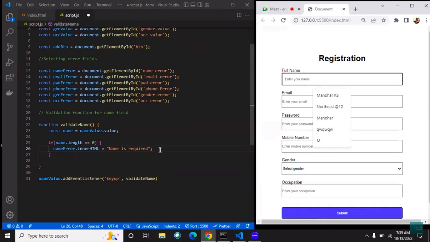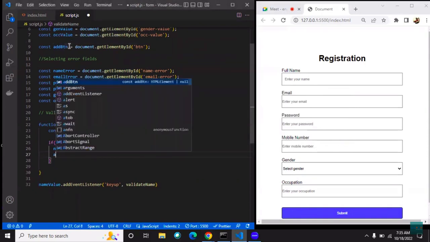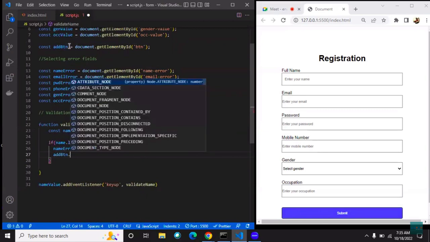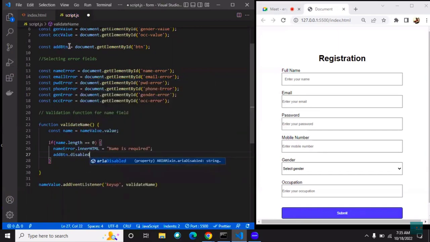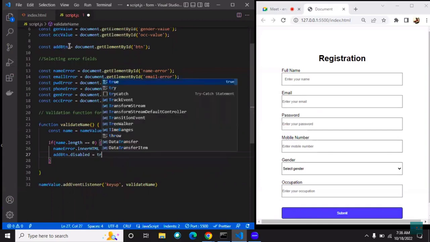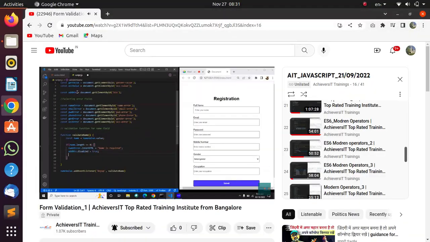So inside this if block, I will try to disable the button. I have made a selection for the button. Now I'll use the add button dot disabled is equal to true. Basically, it's going to disable the button. Okay, and also immediately